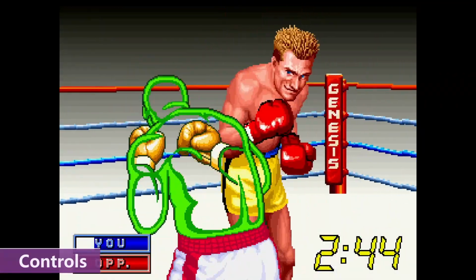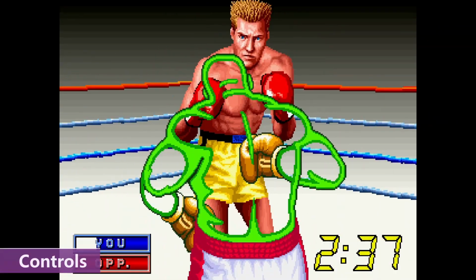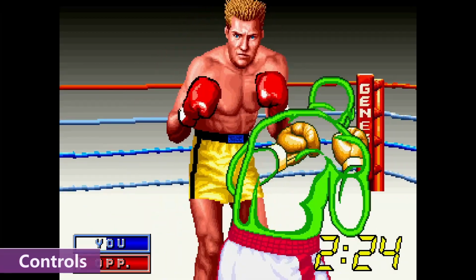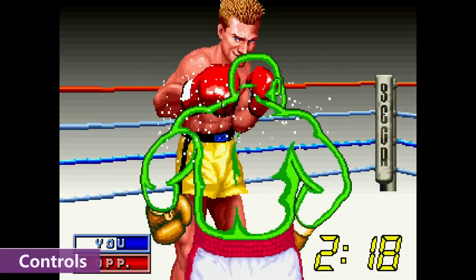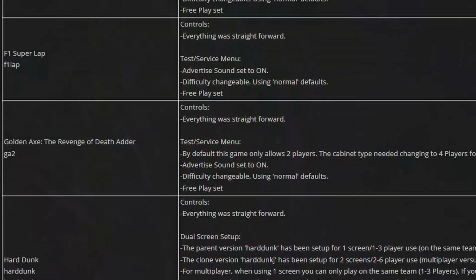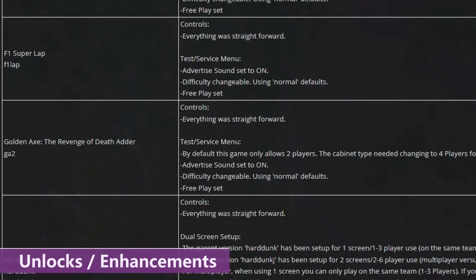And with Title Fight, I've actually enhanced the controls. Normally, to duck left or right, you'd need to press both joysticks left or right. But thanks to some clever configuring, I've set this to be left trigger or right trigger, making this game so much easier to play. As for other unlocks and enhancements, Golden Axe by default only allows for 2 players, but